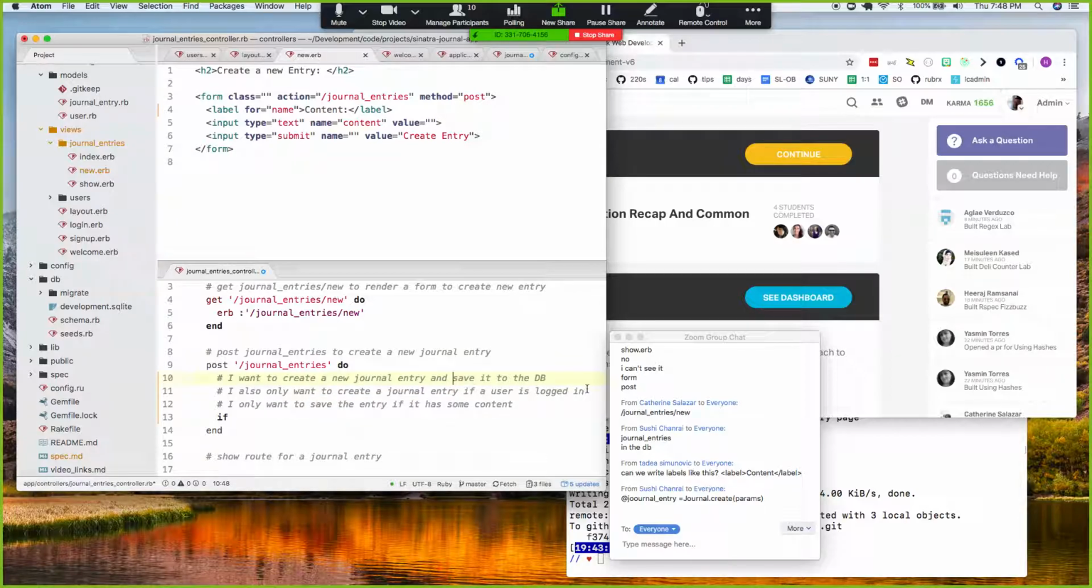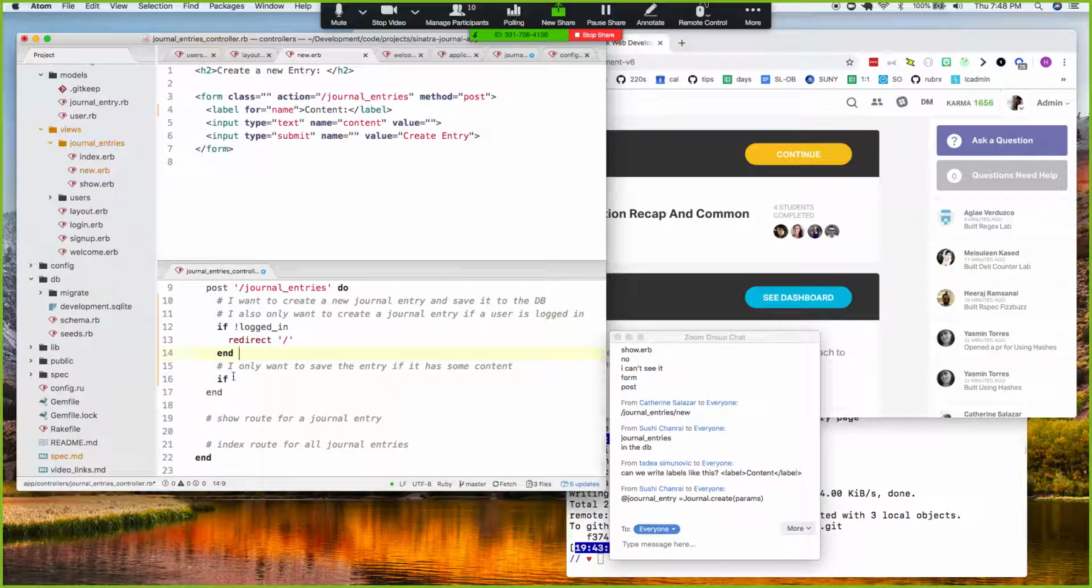So I probably should just check and make sure that they're logged in first. So I'll say something like, if logged in, wait a minute, I only want to take action if they're not logged in. Then I'm going to redirect to the root, to the welcome page. Otherwise, if params content is not empty,